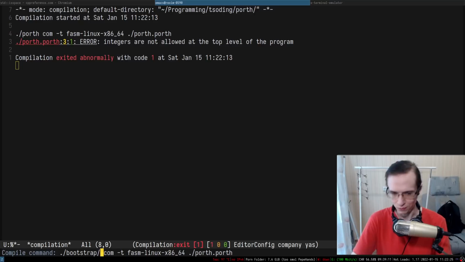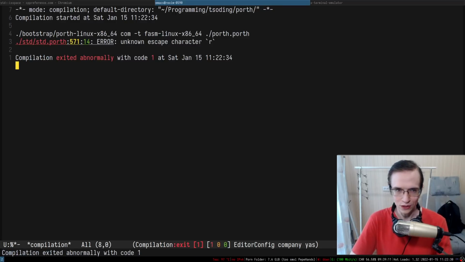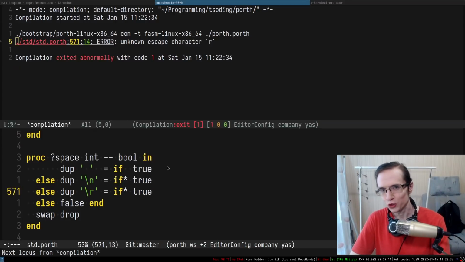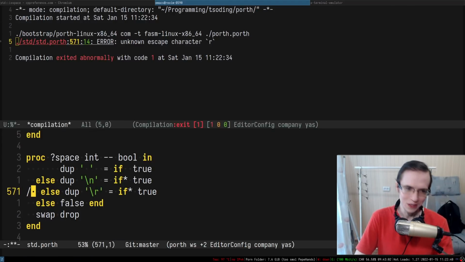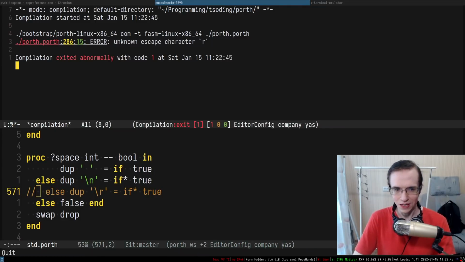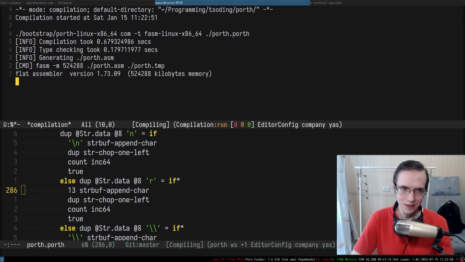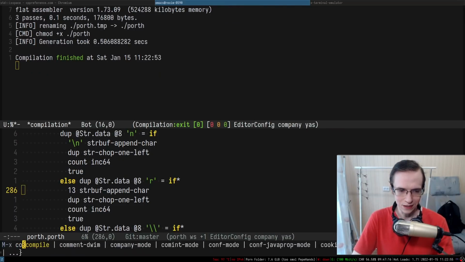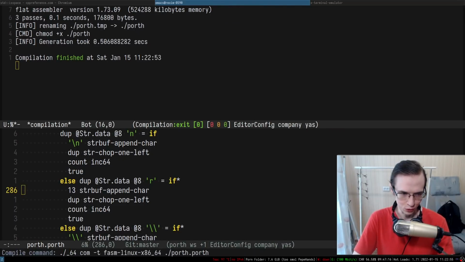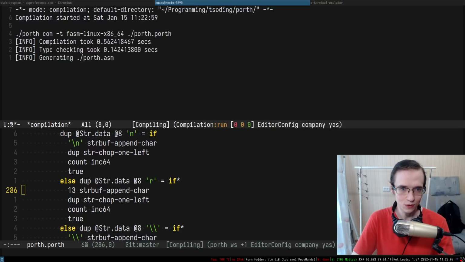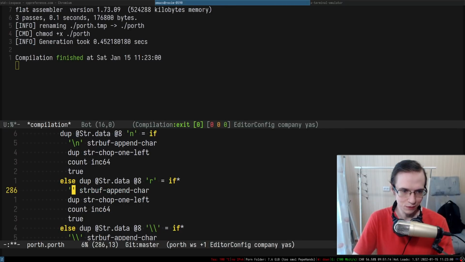So luckily I have a folder with bootstrap compilers with a not broken version. If I try to compile it, I won't be able to do that because that version of the compiler does not support this feature. So what I have to do is comment it, and in this specific case, I have to implement it without using that feature yet again. And now it should work. I can now switch to the latest version of the compiler, right? So this is going to be like this. And let's implement everything back.